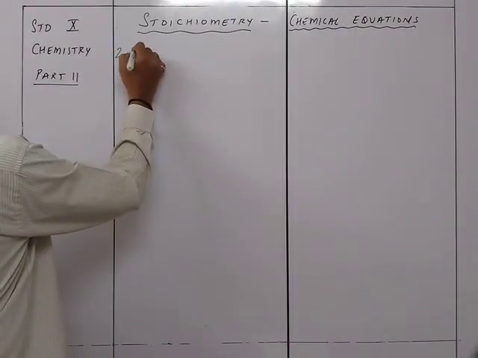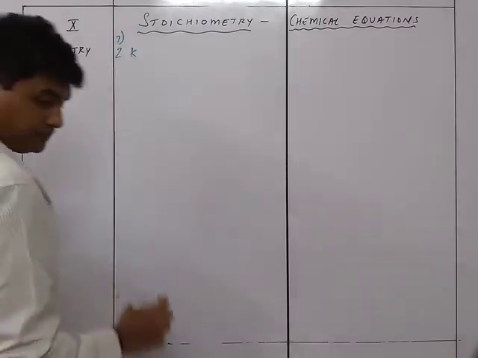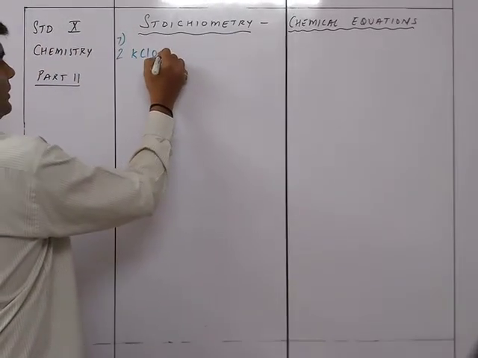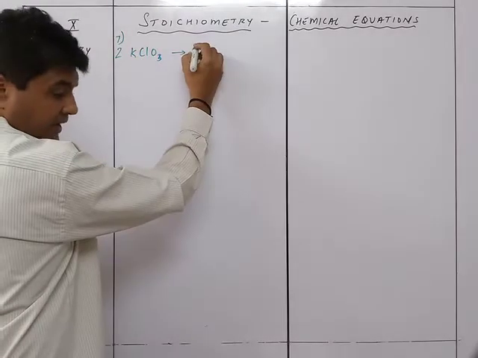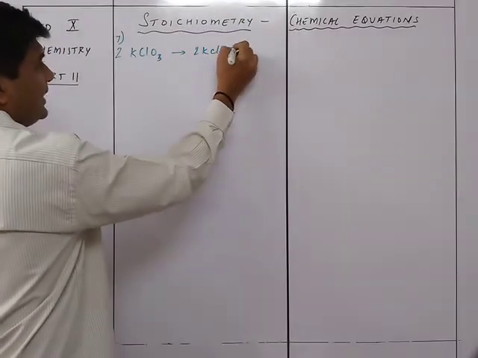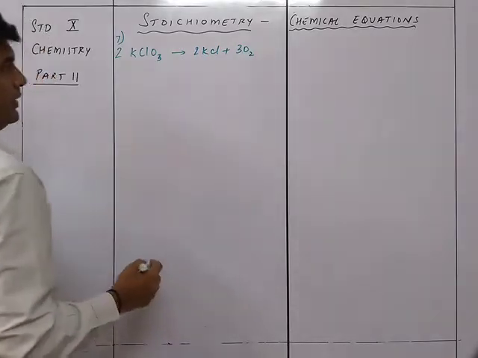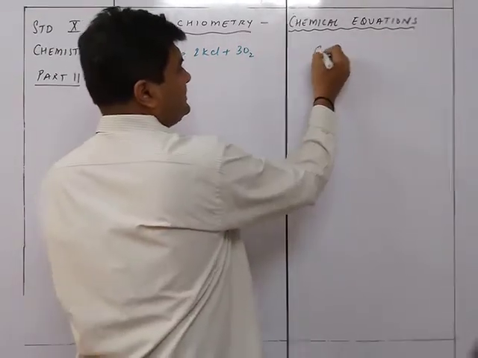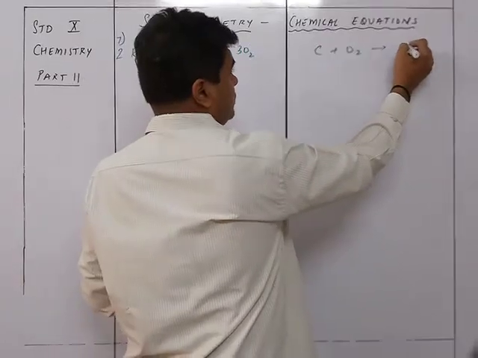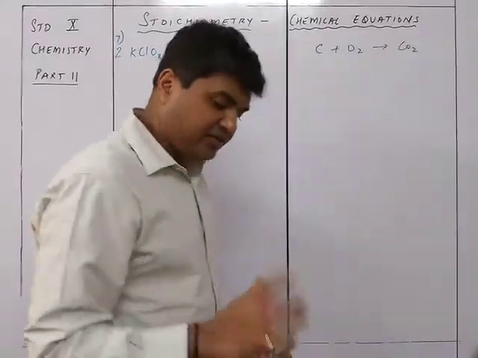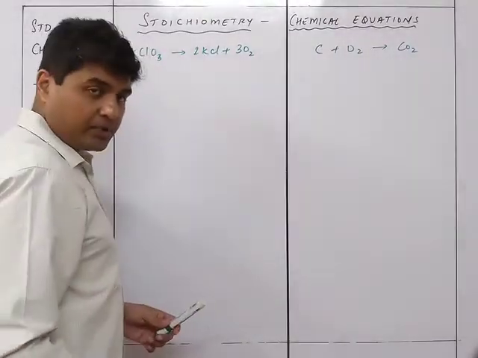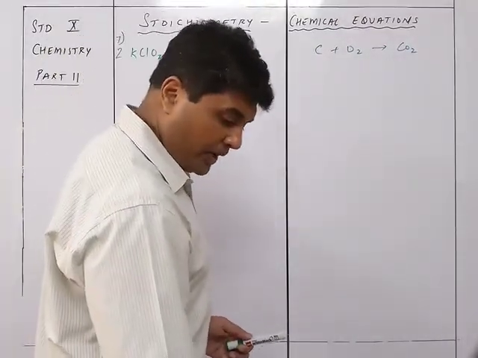so this is sum number 7. 2 KClO3 gives me 2 KCl plus 3 O2. And whatever O2 is produced over here is used over here as C plus O2 is equals to CO2. So this is a consecutive series. यहाँ पे oxygen जो मिलेगा वो यहाँ पे use करना, ठीक है? That is what we are going to have.